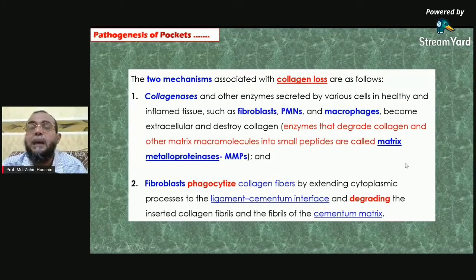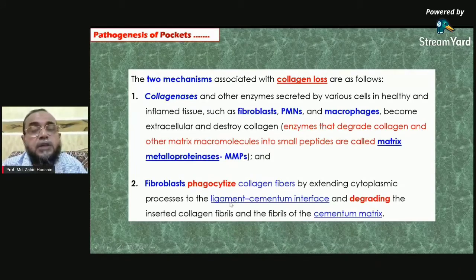They produce matrix metalloproteinases. Remember, MMPs, matrix metalloproteinases, are produced by our fibroblasts, polymorphonuclear neutrophils, macrophages. So these MMPs also destroy our tissue. Unfortunate, but these also destroy our tissue. This is proven. So our cells produce MMPs, but they destroy tissue. Why? Because they are fighting with the bacteria. So gradually, when the bacteria and the others become minimized, eliminated, automatically our tissue response occurs and healing happens.